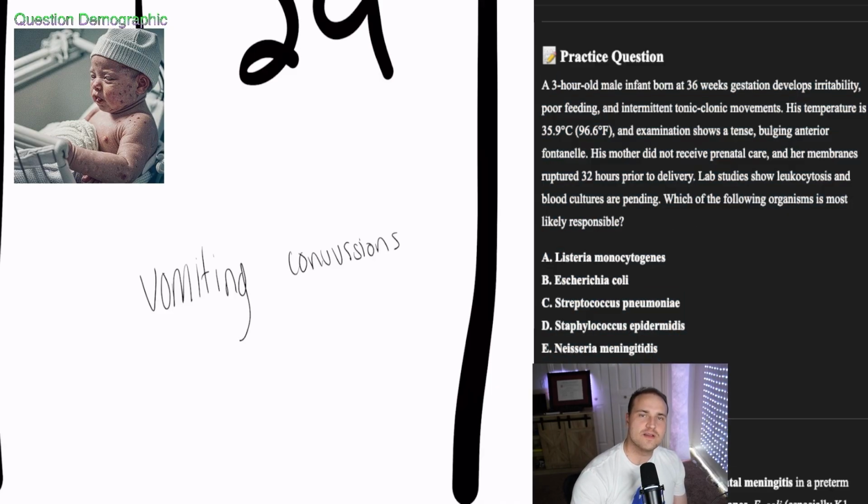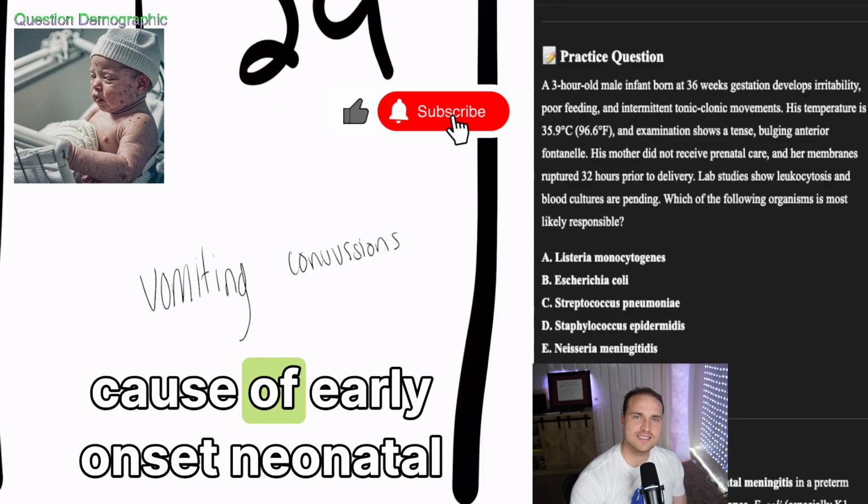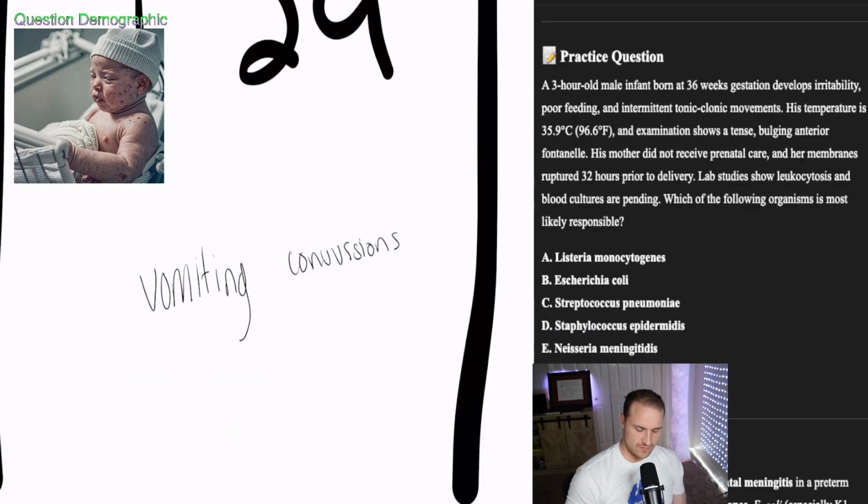So you might see some elevated protein in the labs. Maybe the glucose would be low. White blood cells are going to be elevated. There's a neutrophil predominance. Basically, we have to understand neonatal bacterial meningitis and the pathogen based on the clinical signs and lab findings, all that stuff. Now, E. coli is the most common cause of early onset neonatal meningitis, especially in the first 72 hours of life. Some risk factors they might usually say are the lack of prenatal care, premature rupture of the membranes, prematurity,